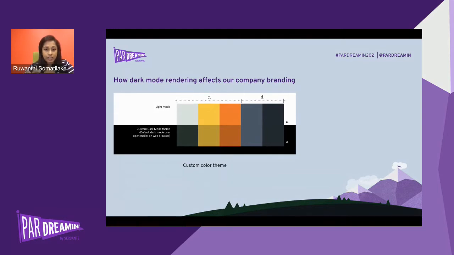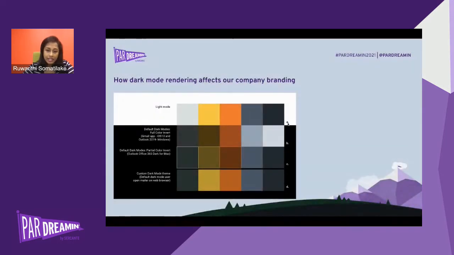For that, we have to create a custom color theme suitable for your company branding. How can we create it? What I've done is I've analyzed A, B, C color themes and developed the D. So you can do the same thing. Also, here you can't use light colors as a custom color code, because some people think that they can't change their corporate color. Yes, that's true, because we have to maintain consistency. But here we have to focus on our dark mode users, because we have to give a better experience to them. In that sense, we have to create this custom color theme